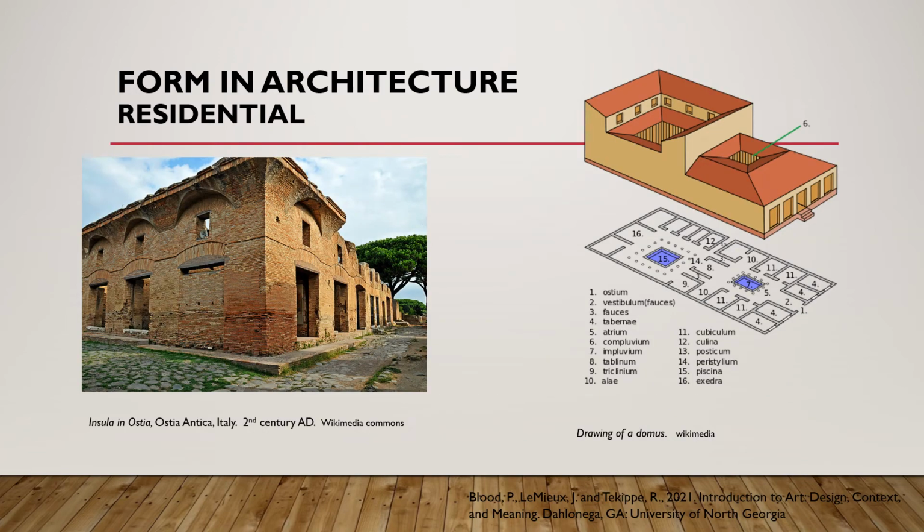In highly populated areas, multifamily dwellings began to appear. These were the precursors of the apartment building. Now, many of these structures were also multifunctional, with shops on the lower level and living quarters above. These insula, which is Latin for island, housed people of lower or middle class status, and even most of the